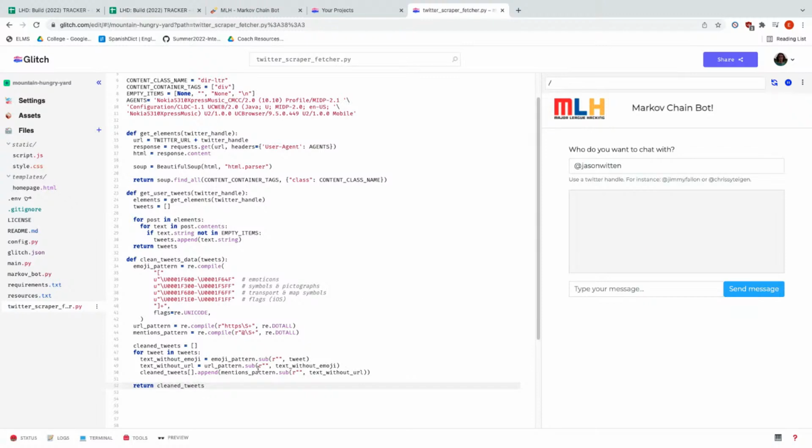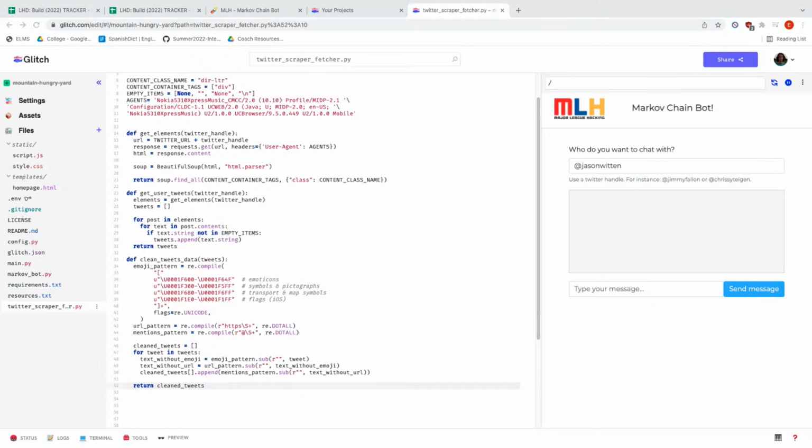Something to realize that is kind of important here is that clean tweets, because it is used later outside of the for loop, has to be declared outside the for loop also. Because if I declared it in here, then when I wanted to return it, it would be outside of the scope of the program, and it wouldn't recognize it. It would say unknown variable. But because we declared it outside of the for loop, it's in the scope of the entire method and is able to be accessed here.